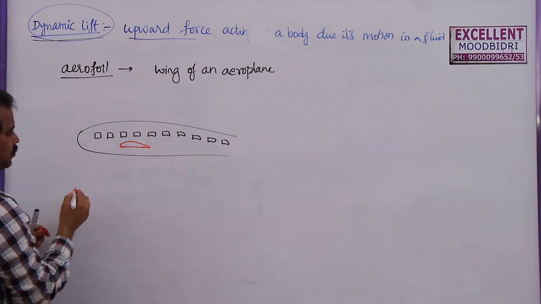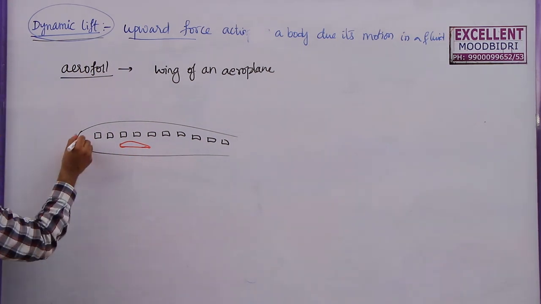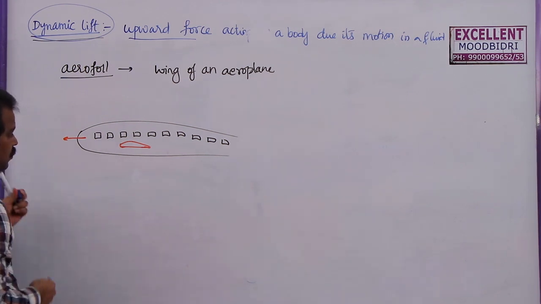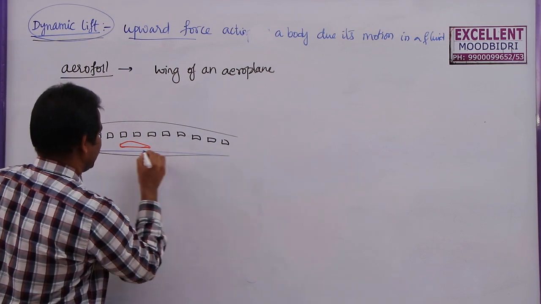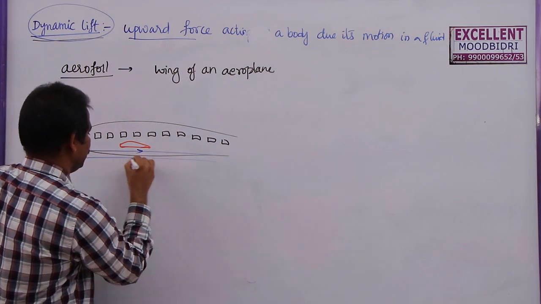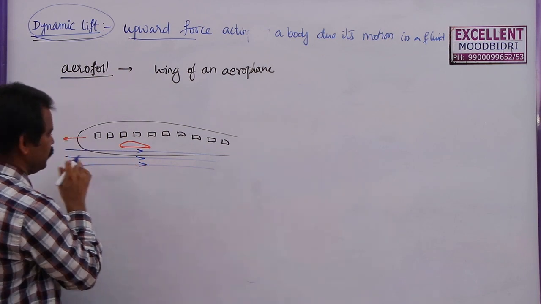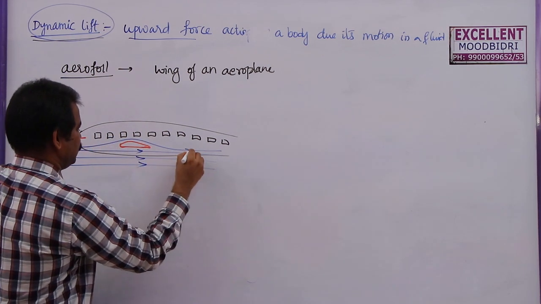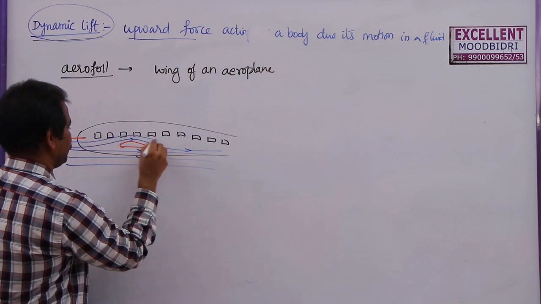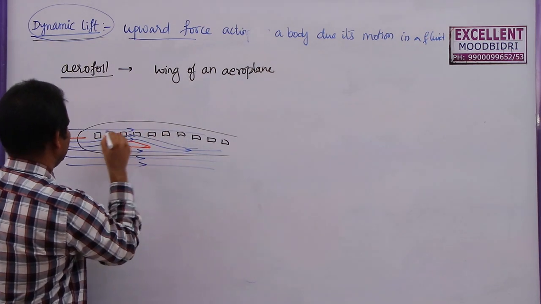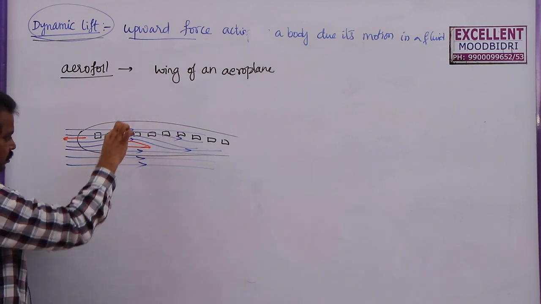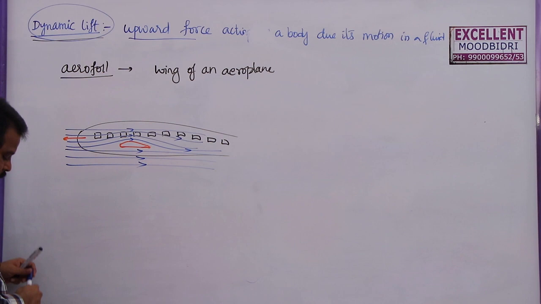This is the cross section. Now, when it is moving in the forward direction, what about the streamlines of air on this wing? Generally these streamlines will follow like this. So they will move in this direction. Air is moving in the opposite direction to the aeroplane. So these streamlines will travel like this, just similar to that spinning ball. Here the streamlines are crowded together above the aeroplane wing.